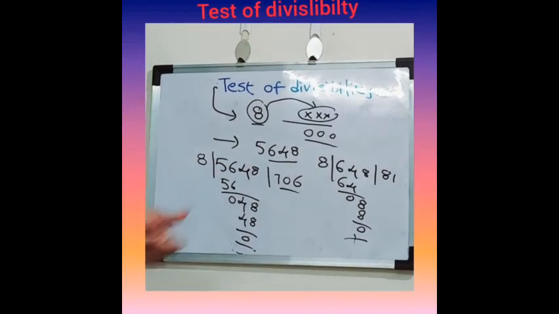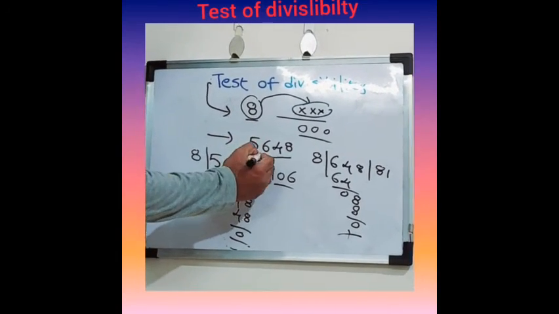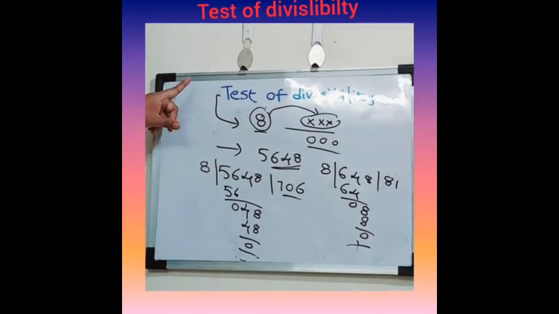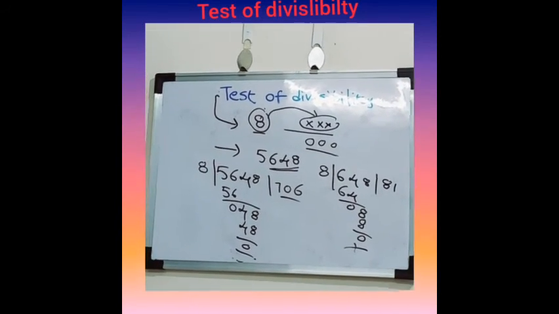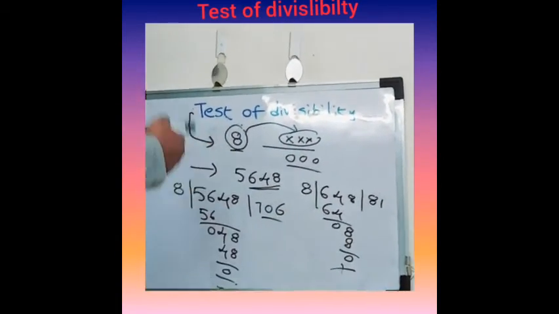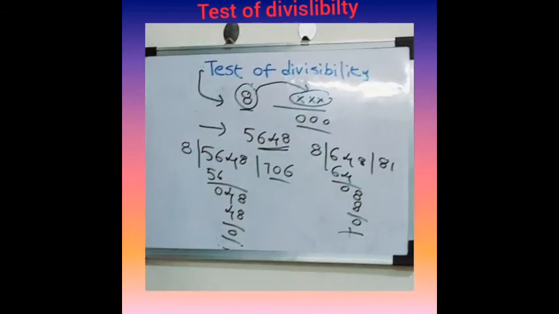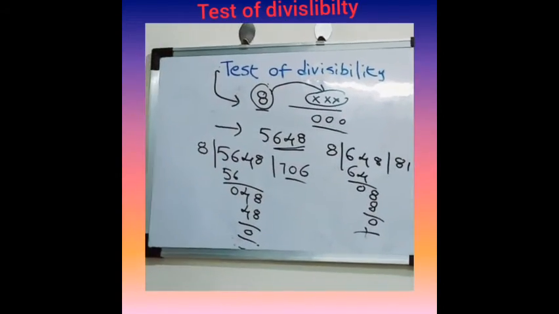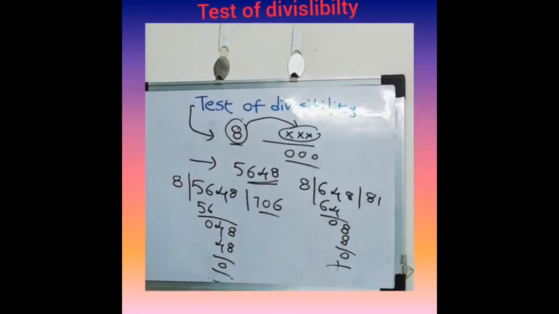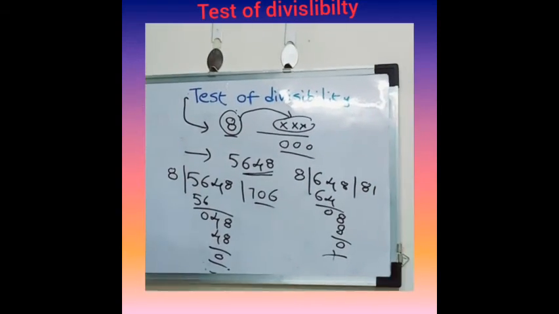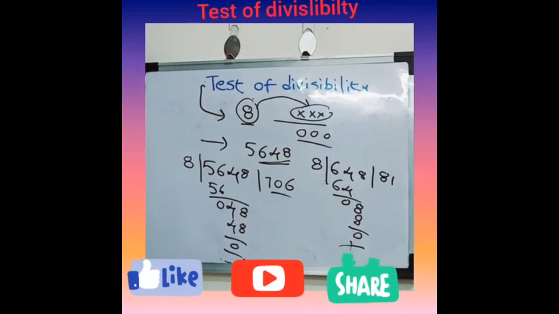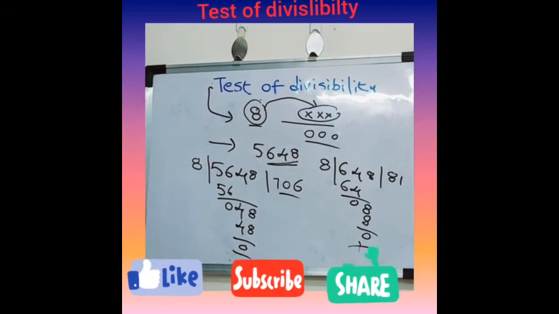So the logic is: any number, if it contains n number of digits, but the last three digits are divisible by 8, then the number is divisible by 8. Another condition is, if the last three digits of a number are 0, then also the number is divisible by 8. By using these divisibility logics, if any bigger problem comes, just by simply applying the logic, we can solve the problem in less than 1 minute and in a very efficient manner. Thank you.